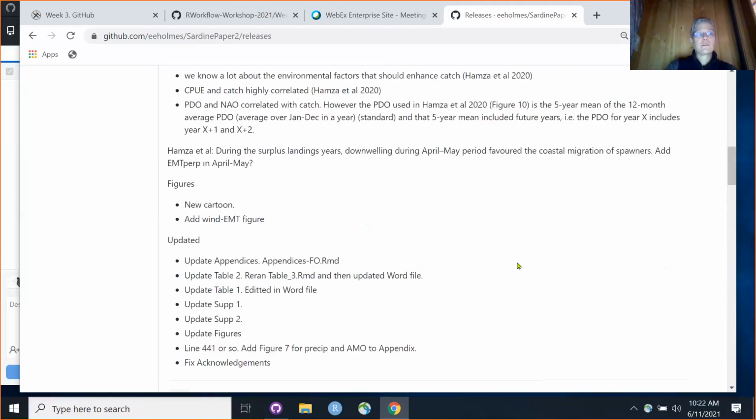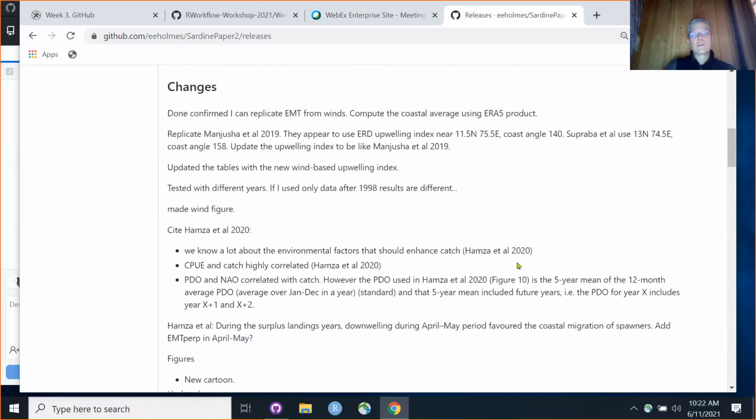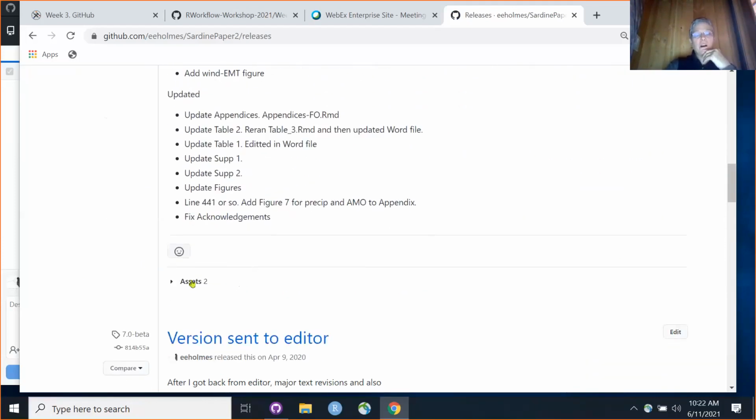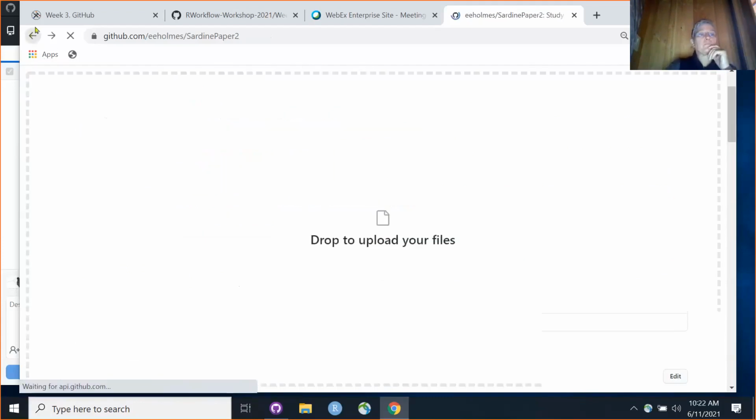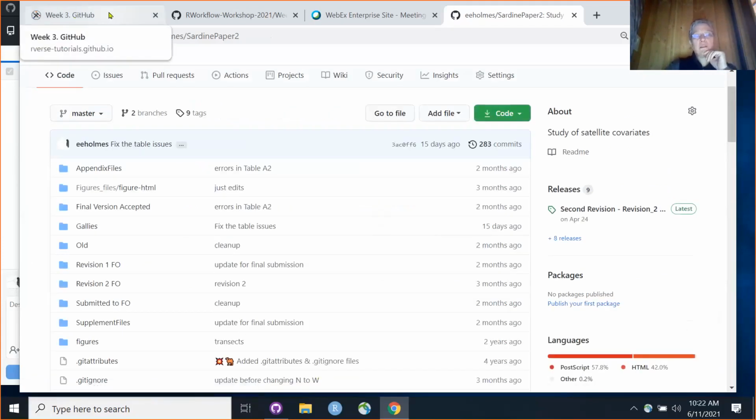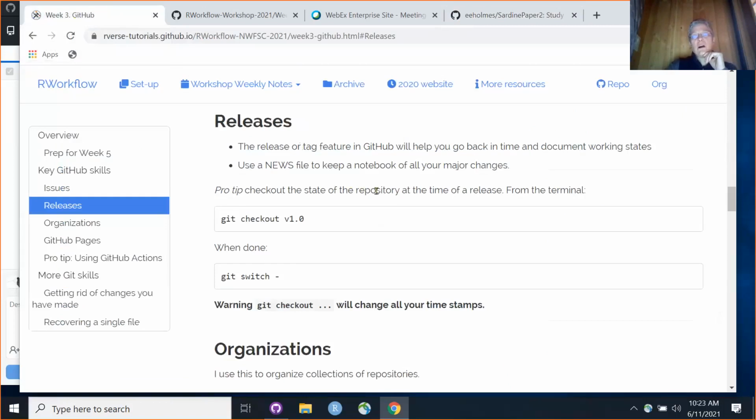First off, I put all the notes of what was going on there. If you look under this assets, it is a zip folder of the status of the repository at that release. So it bundles it all up, kind of backs it up for me. And then if you go here,